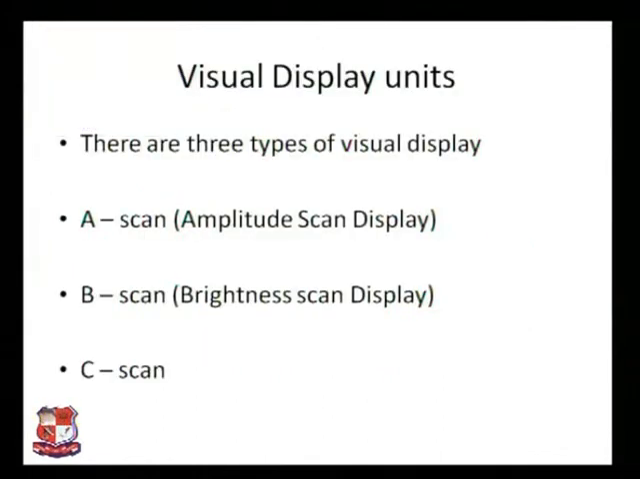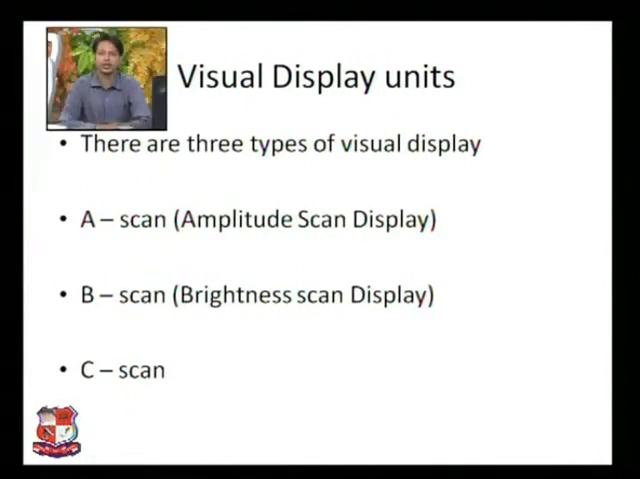Let us go through visual display units. This is the second method through which you can use ultrasonic waves to detect defects in the material. There are three types of visual display units. One is A scan, another one is B scan, and another one is C scan. A scan means amplitude scan display. B means brightness scan display, and the third one is